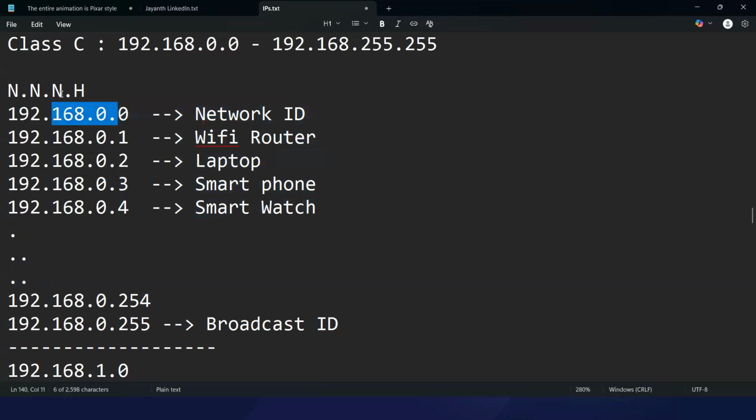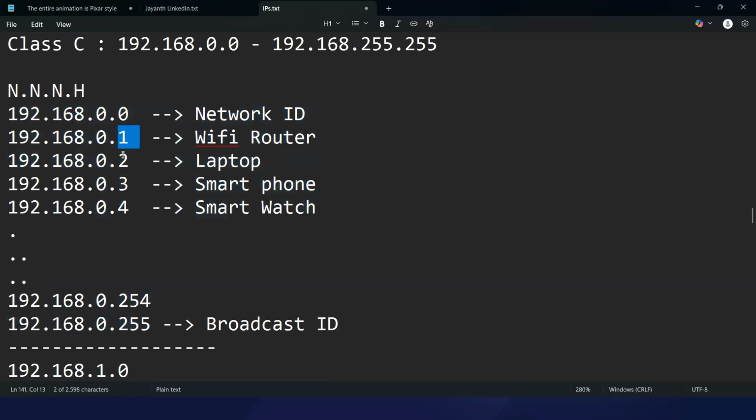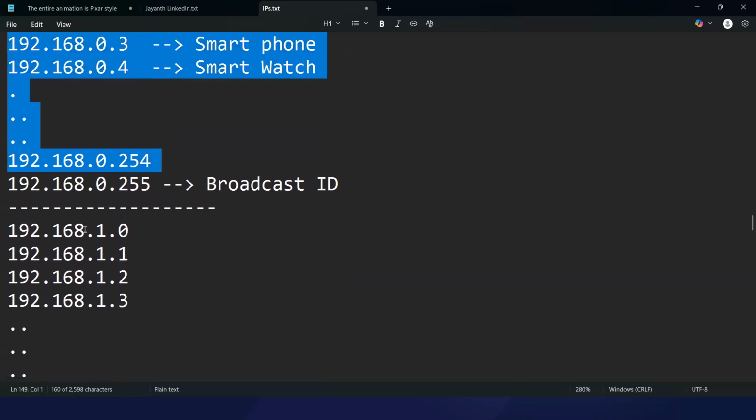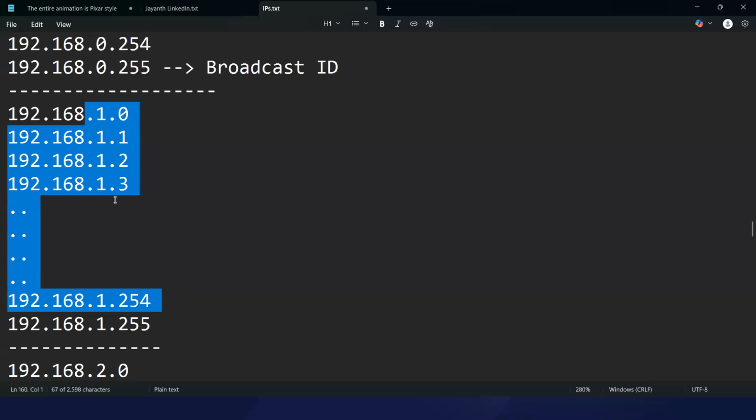192.168.0 network. So the network portions give you the identity for the entire network. This is the entire 192.168.0 network. And then in that network, the host portion gives you identity for each host in that network. Okay. So this is the 192.168.0 network. This is the 192.168.1 network. Okay. This is the 192.168.2